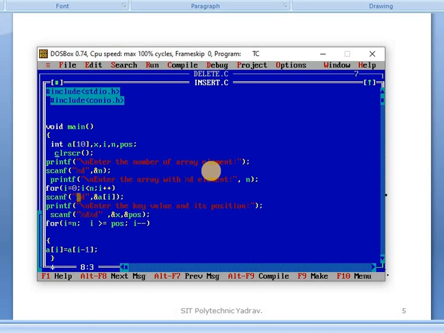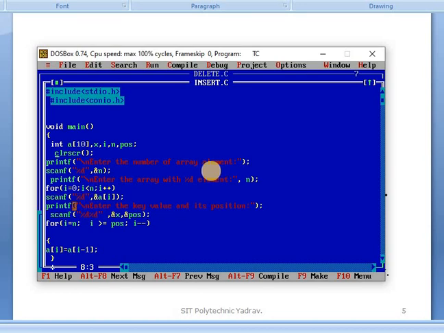In the scanf function syntax, we write the data specifier, after that we use the address operator, after that the variable names. Next a message is displayed, with printf and \n used to display on a new line. The loop runs as many times as the numbers we entered. For example, if we enter 5 for n, then 5 times the input statement runs.